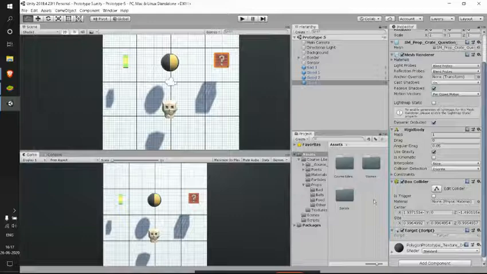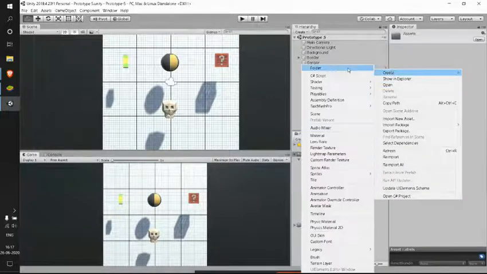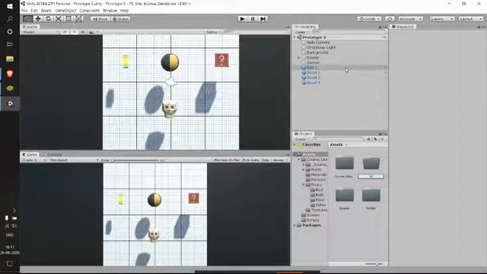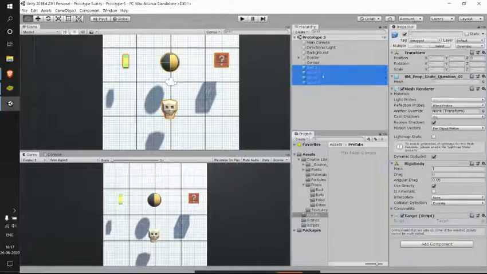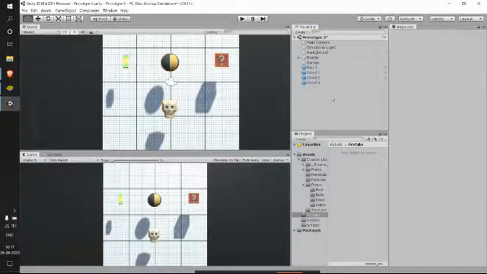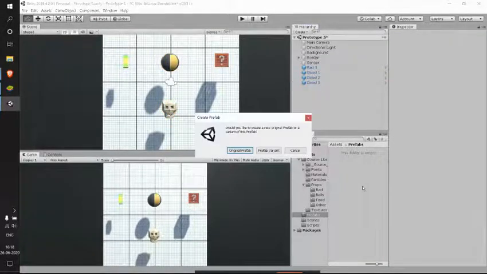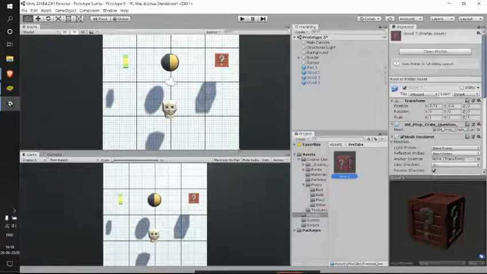So it's time for me to create prefabs of these targets. So sorry, we can't do that all at a time, as we have to create original prefabs one by one. So good three, good two.